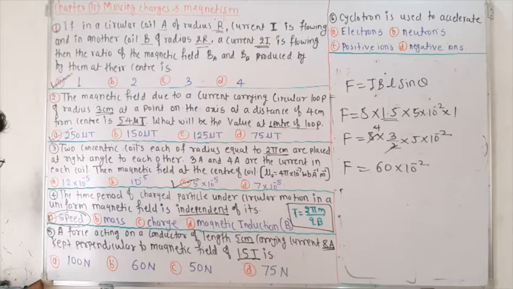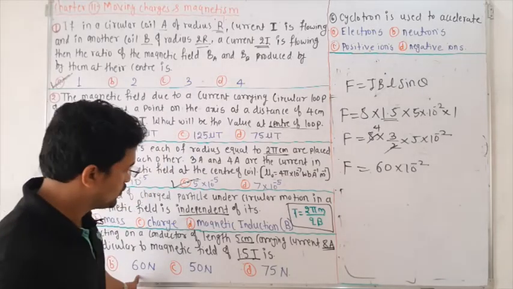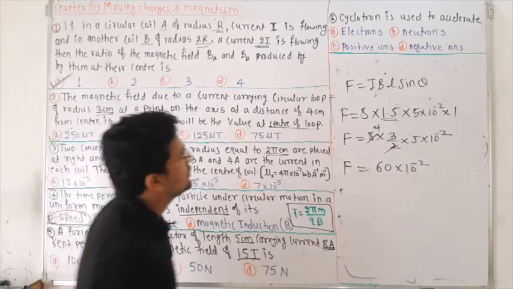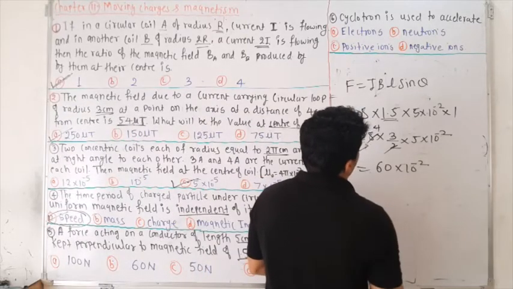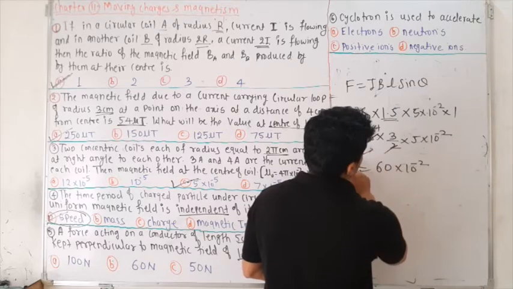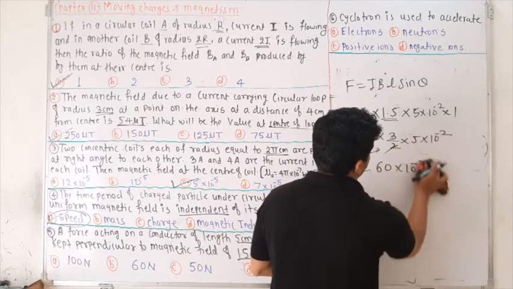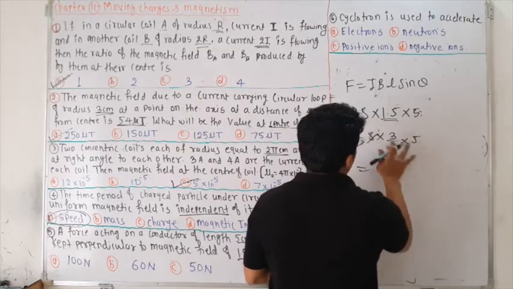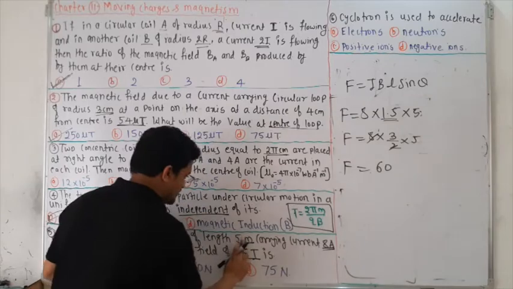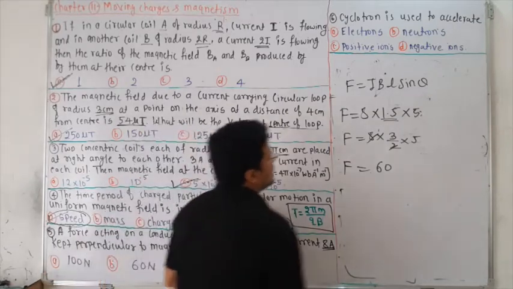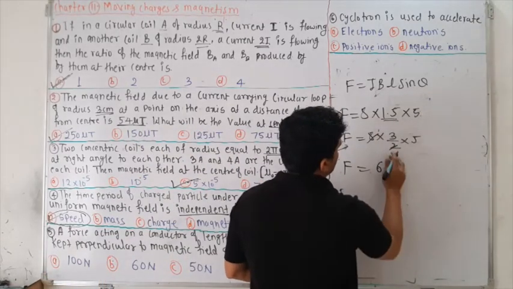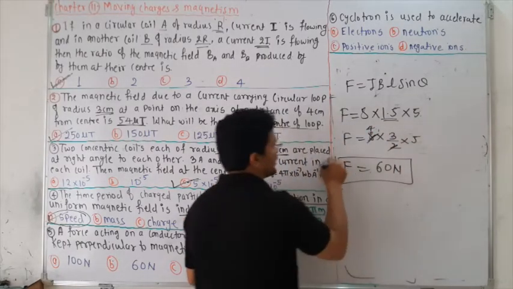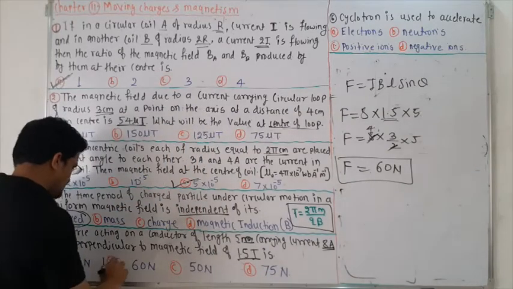Okay, 1 Tesla, force 60 Newton, length 5 centimeter, sorry, I B L sin theta, 3 by 2, centimeter. Let it be, don't take it in minus 2, because you have to calculate in Newton. I think it should be in meter. So if it is in meter, then place all the values, you will get 2 4s, and this value is nothing but the 60 Newton itself. So option B is correct.